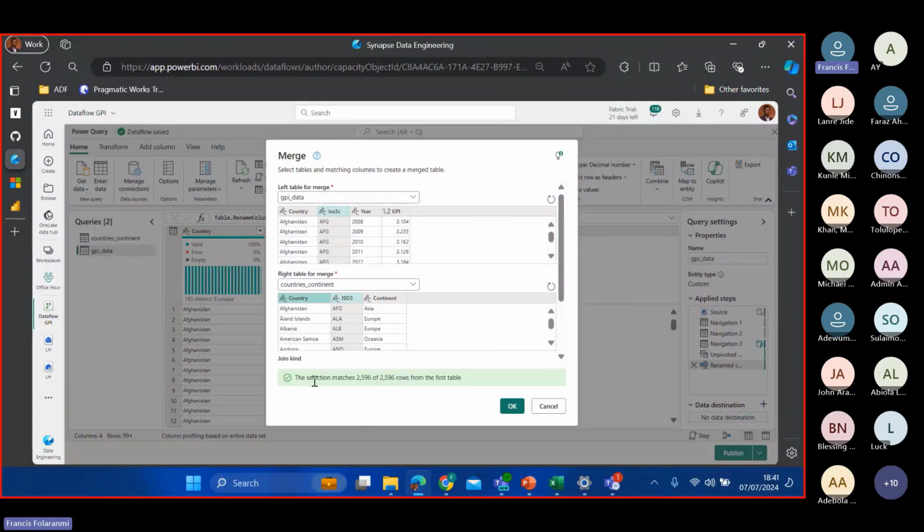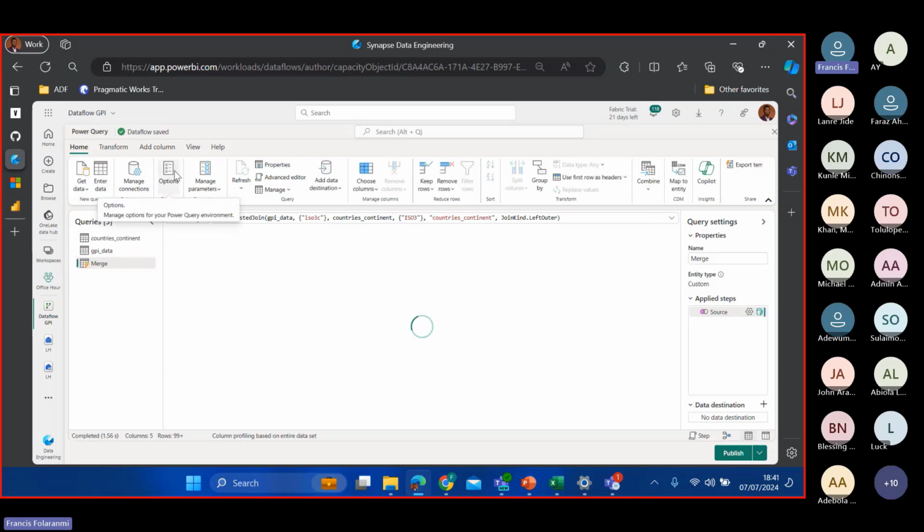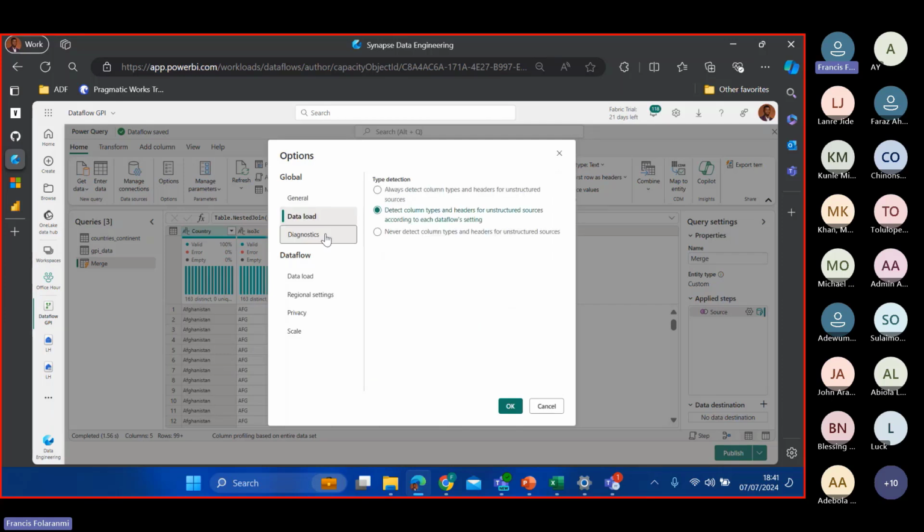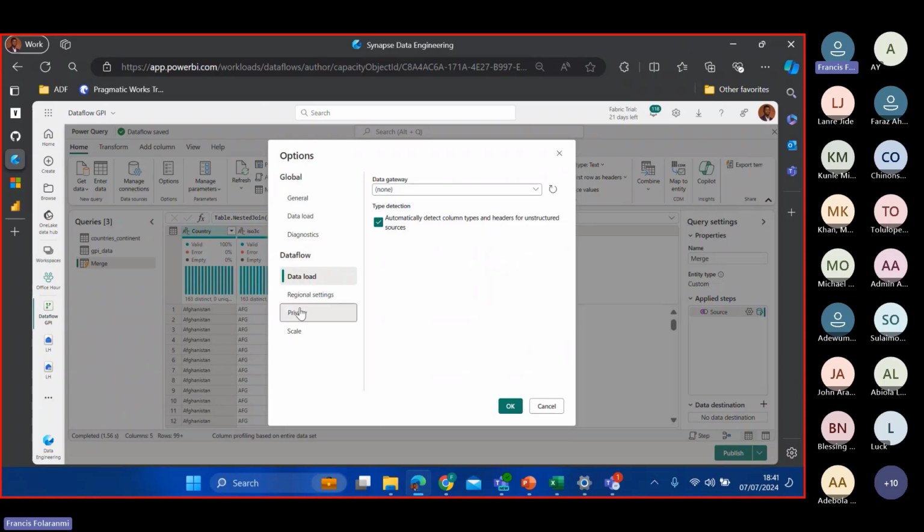Sometimes you don't always get this selection done because there are some other settings that you may want to do in Power Query Online. So let me just click on OK for now. Then I will go to the Options tab, which is not on Power Query Desktop. If I click on these options, I have all these settings that I can do. For example, let's say you are ingesting data from an external source. You need to come here, to your data load feature under your dataflow, then pick this regional setting and also your privacy setting where you can now allow data from multiple sources. That's if you have data from an external source.